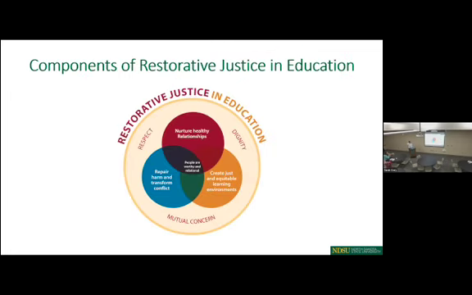And so I want to take a moment to talk a little bit about what those who study restorative justice and restorative practices in education specifically see as the core tenets and the core values if you are going to try and implement this. And again, the goal is not that this is a checkbox, this is a thing we have on a shelf. It's how do you live these values and how do you create it for the students you work with. And fundamental to all of these things is right in the middle here, the core tenet of restorative justice in education, which says people are worthy and people are relational.